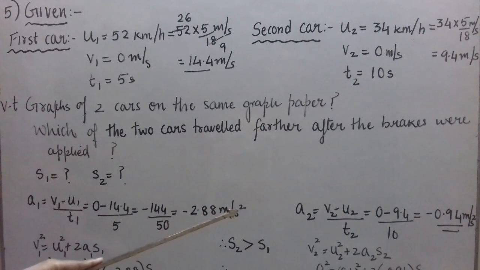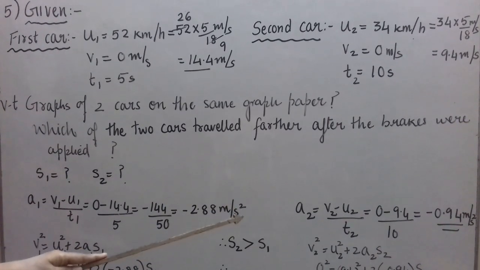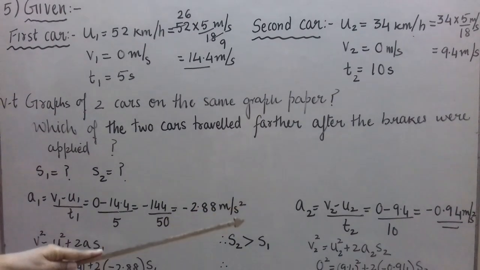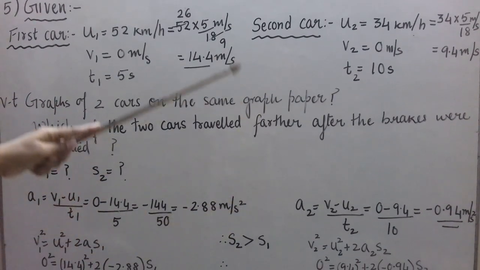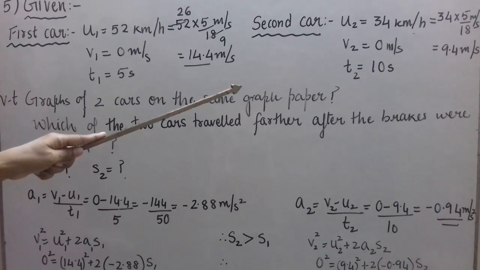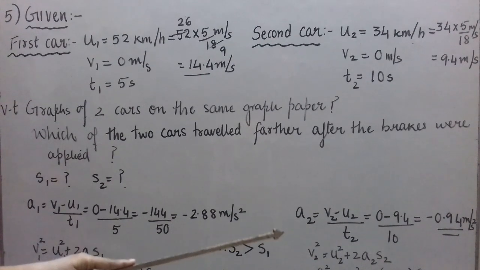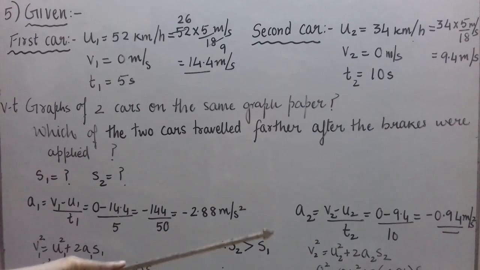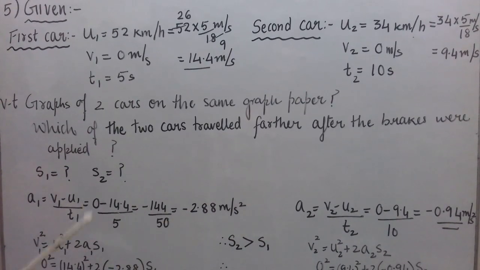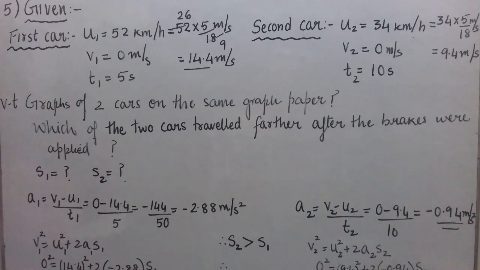Similarly, we can find out acceleration for the second car or second driver. A2 is equal to V2 minus U2 upon T2 and putting the values of V2, U2 and T2 from the information given, we can get the final answer to be minus 0.94 meter per second square. Both the accelerations are negative because in both the cases brakes are applied and these are the cases of retardation,